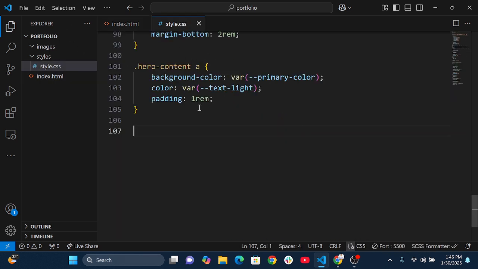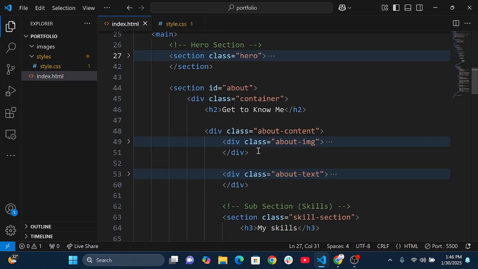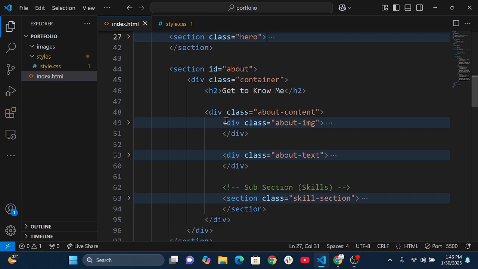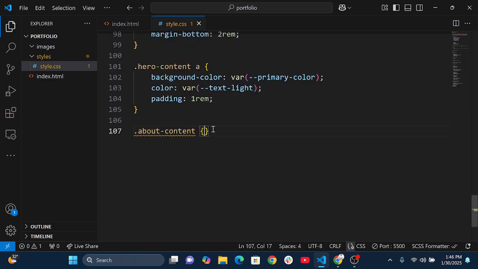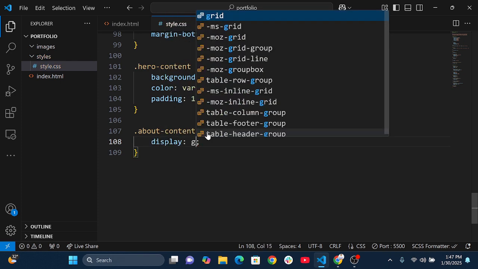So let's take the about content. So we have to say dot about content. I'm actually following my structure. So we have this about content, and the image, the text, and the skill section is actually under that section. Let's say about section, about content, sorry, and we're going to say display grid,